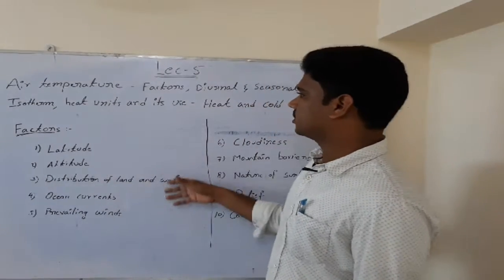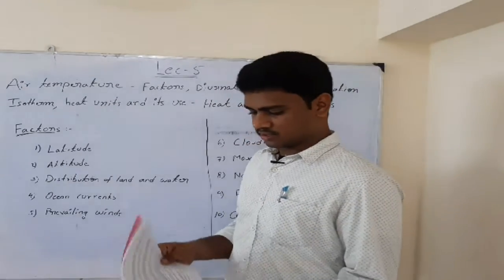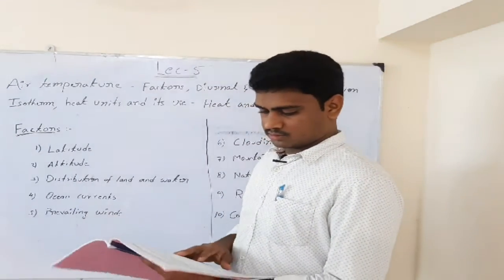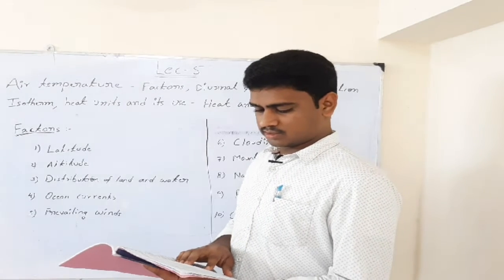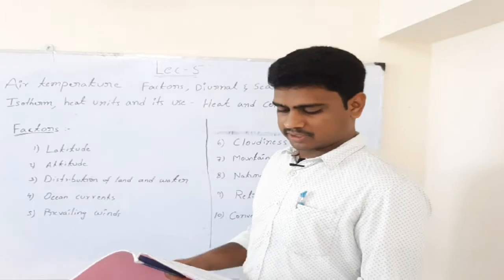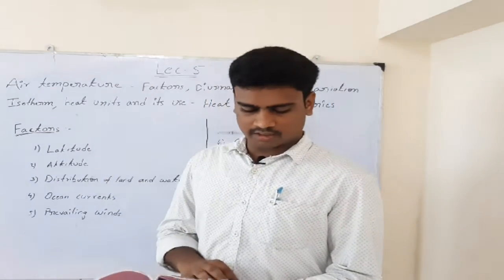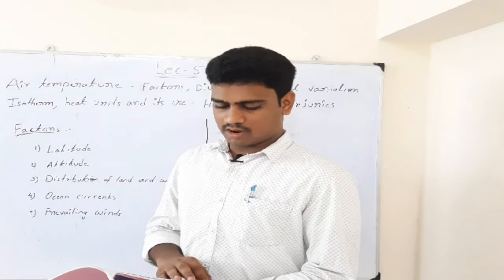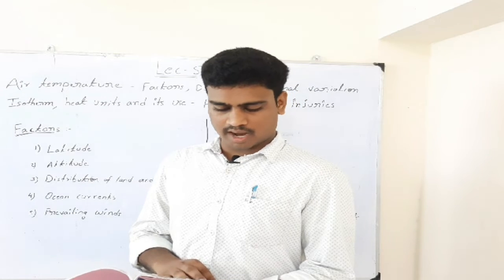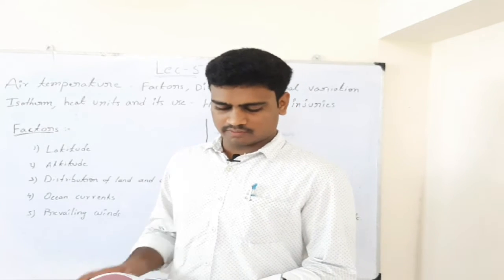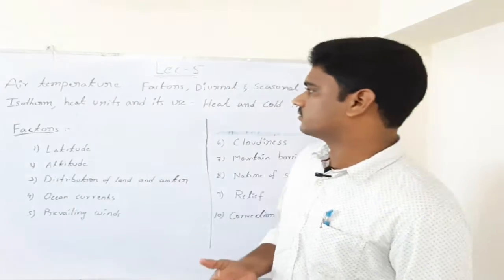So before we go in depth, let us see the definition of air temperature. Please note down the definition of air temperature. The measure of speed per molecule of all the molecules of a body, this is called the temperature. And the definition for heat is the energy arising from random motion of all the molecules of a body. I am repeating, the energy arising from random motion of all the molecules of a body. So this is the definition for the temperature.